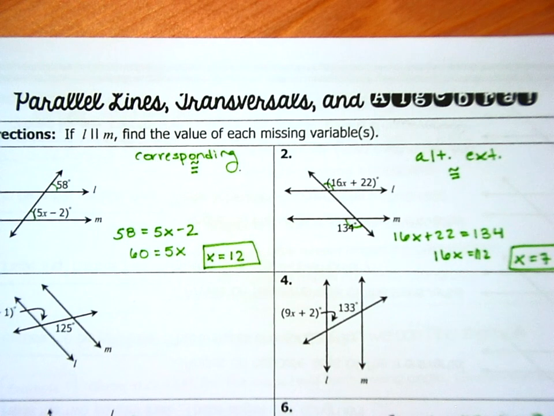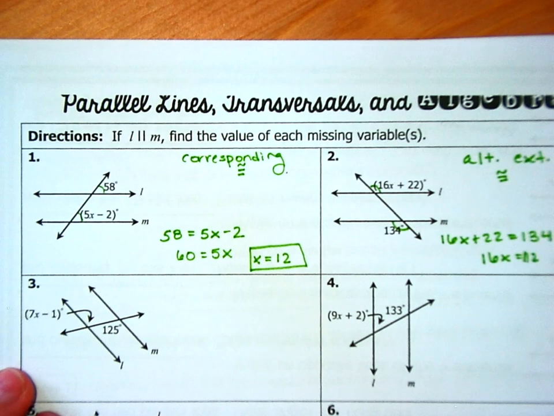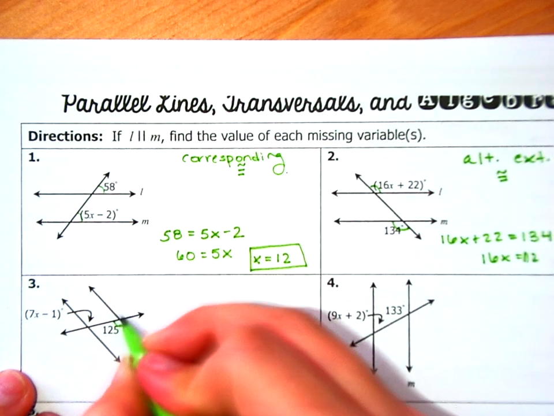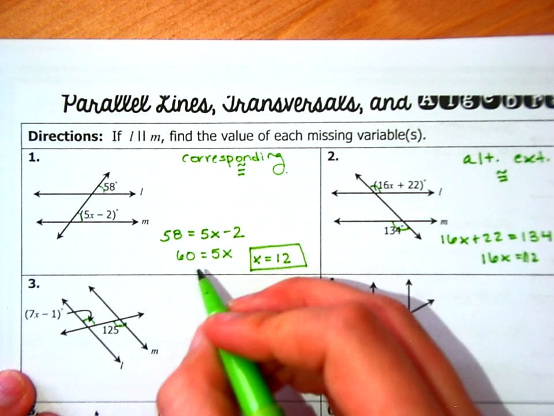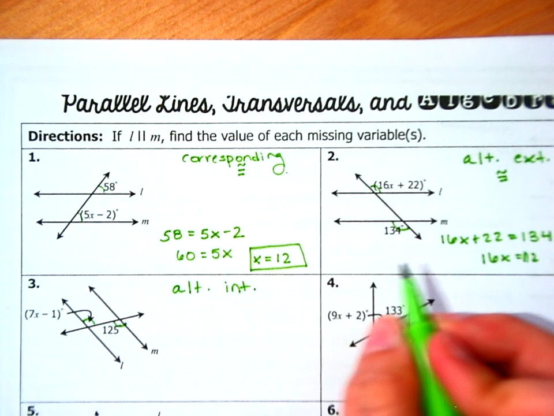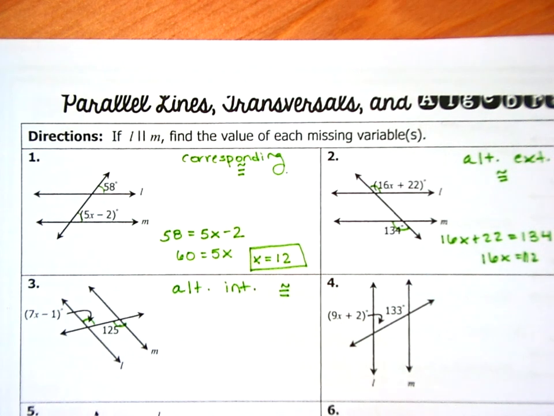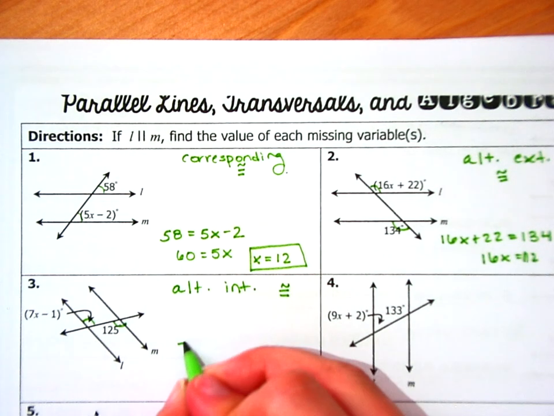you some time to work on it, or you can pause the video, and then I will show you the answers all worked out. Okay, so here, let's ask ourselves again, what kind of angles do I have? This one and this one, those are alternate interior angles, and I know those are also congruent. So I'm going to tell myself right here, those are congruent. So I'm going to set them equal to each other